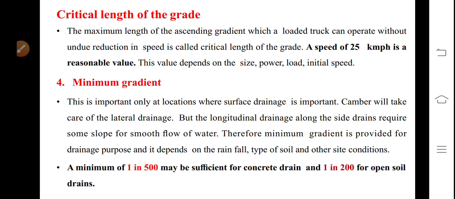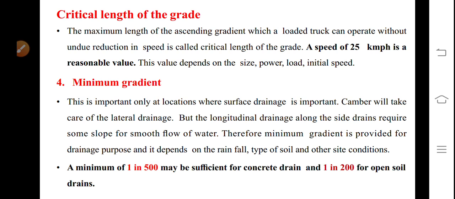Last one, minimum gradient. However, though a horizontal, leveled road, means without any gradient, can be constructed for a longer distance, practically it cannot be feasible. You imagine that side drains, that is longitudinal gutters in the longitudinal direction known as side drains, are to be constructed to help the flow of water which is discharged from the pavement, especially during rainy season. In that case, at least some slope is to be given for the gutter. Level stretch is not useful.